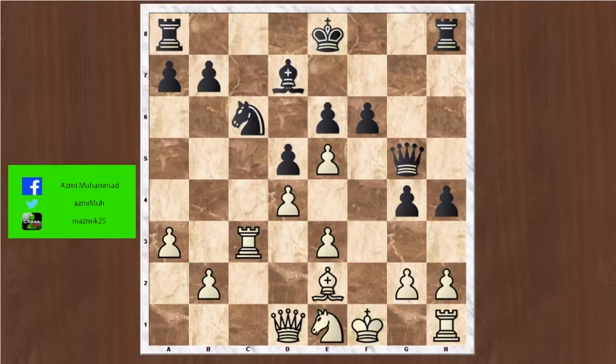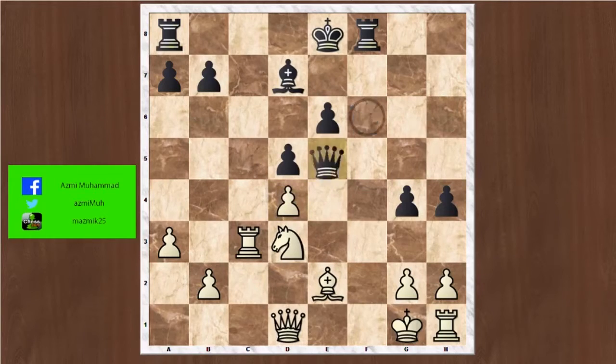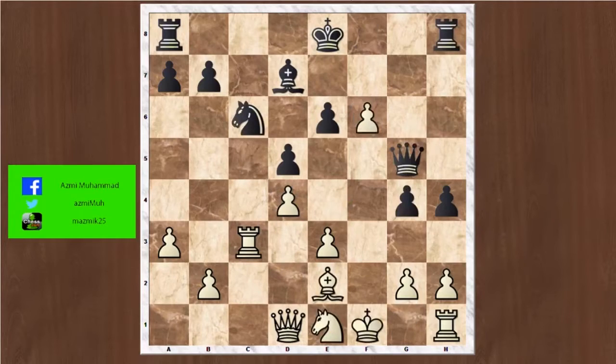So let's say if he takes, queen takes f6, and then rook to f8, threatening mate at f2, and then after knight to d3, knight takes d4 is the best move, because if white takes, then mate at the next move. So bishop takes g4 and then knight to f5 in order to take this pawn. So what a great